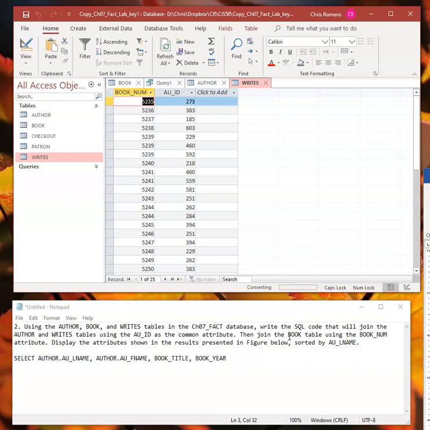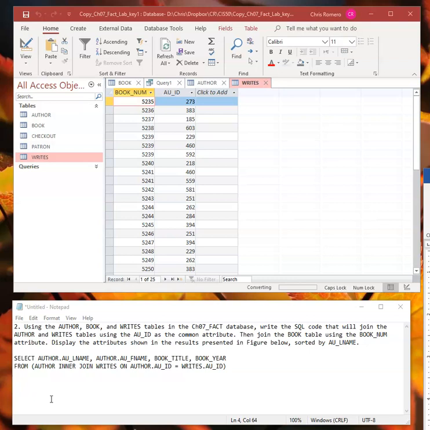So see if you can use the examples in the textbook to help you craft this. Just replace wherever you see join in the examples with inner join instead. All right, and we'll come back and compare notes. And why don't we just focus on the first join here with the author and rights, and we'll compare notes on that. Okay, so I've put my first join